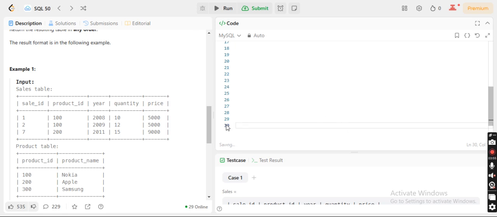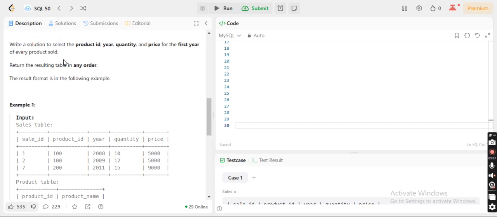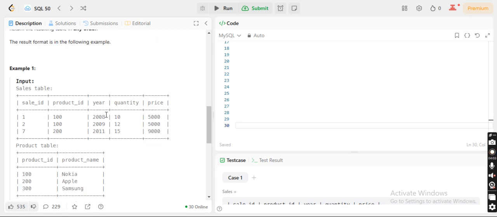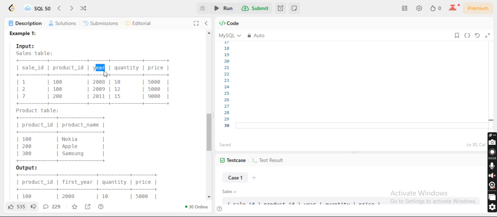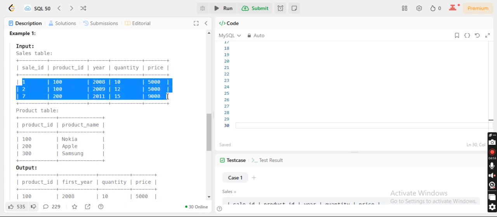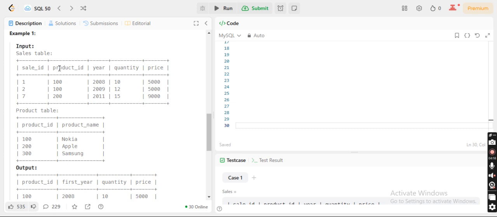I'm starting with row number 30 now. We need to get the product ID, year, quantity, and price for the first year of every product. This is the year column, and we need to extract the first year of that. For example, product ID 100 has 2 years, 2008 and 2009.